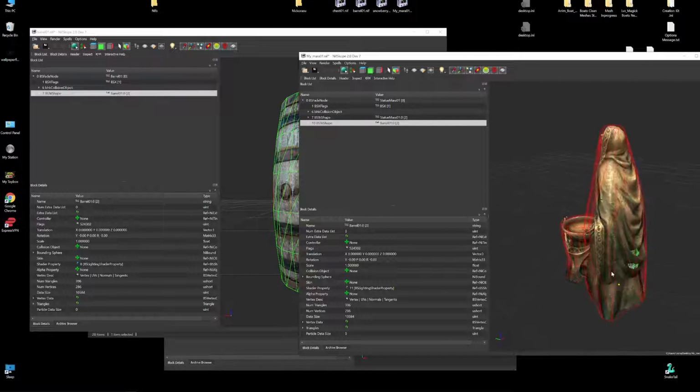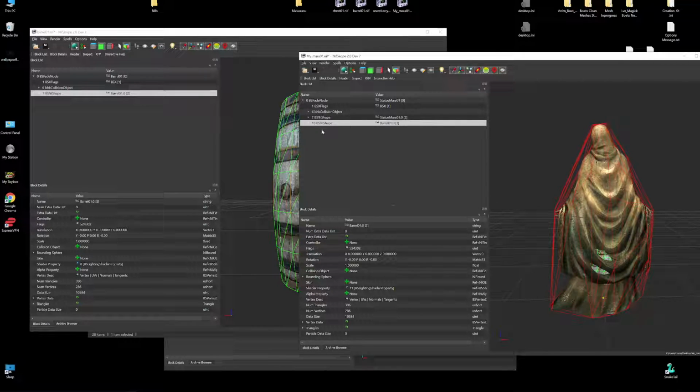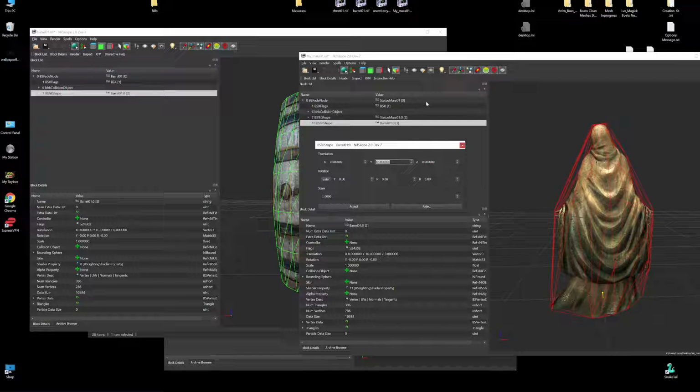So how do I move it? Like what's the deal with that? What you're going to want to do is right click on the shape. If you click on Mara or that, it'll show you what's going on. But I'm going to right click on the barrel, and you want to go to transform and then edit. And then a little box will show up. Basically, it gives you the ability to move the NIFs around. So what I do is I click on it and I just use the arrows.